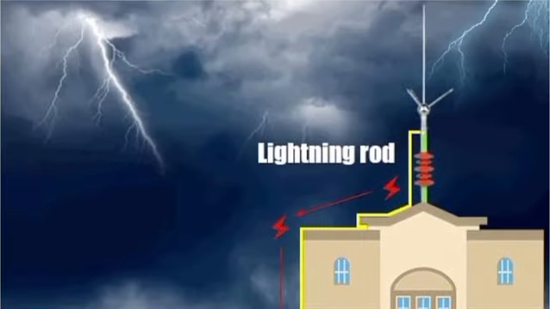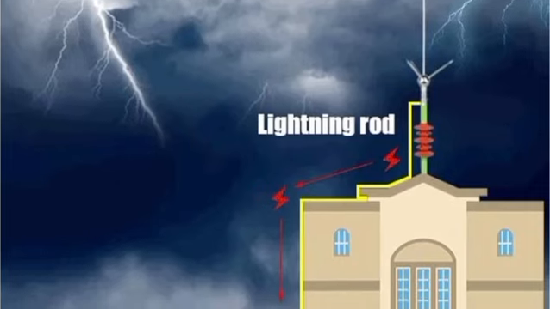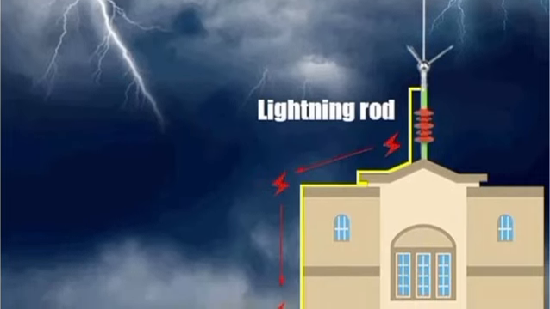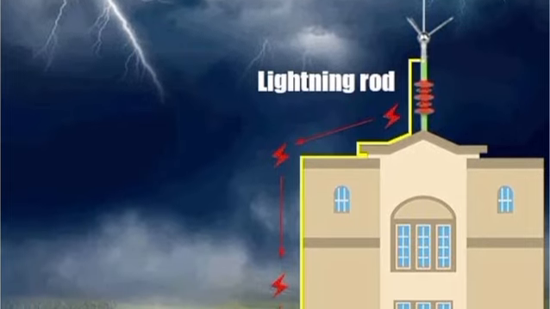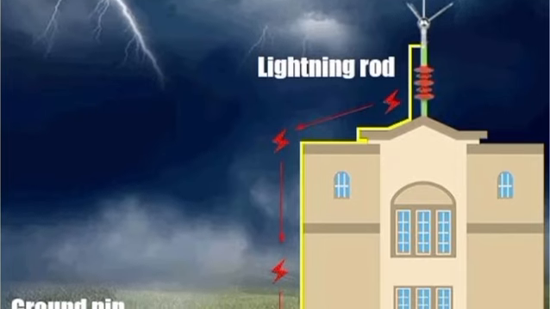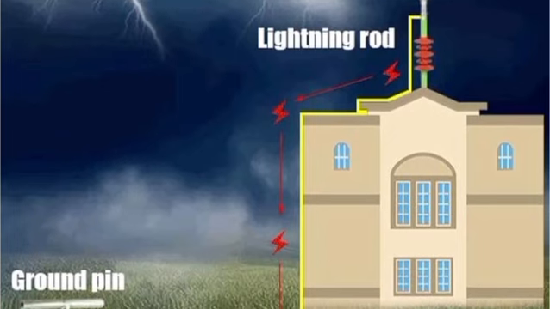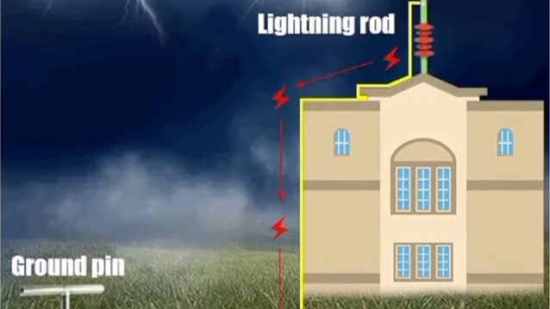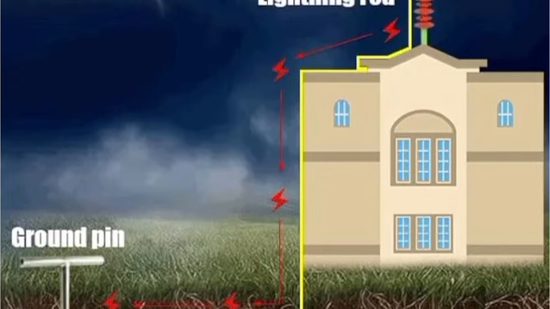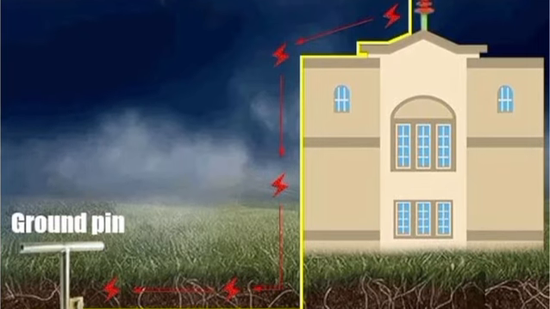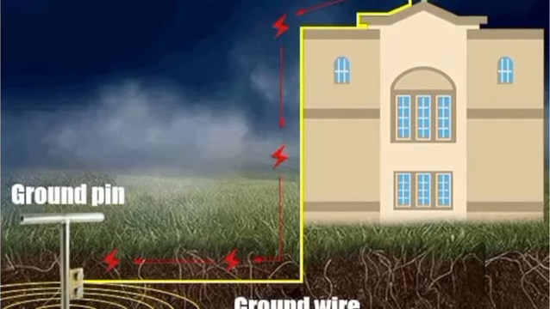A lightning arrestor, LA, is a protective device installed in electrical power systems to protect equipment such as transformers, circuit breakers, generators, and transmission lines from the damaging effects of lightning strikes. Under normal operating conditions, the lightning arrestor behaves like an insulator and does not allow current to flow to the ground. When a lightning strike or a very high voltage surge reaches the power line, the voltage rises above the